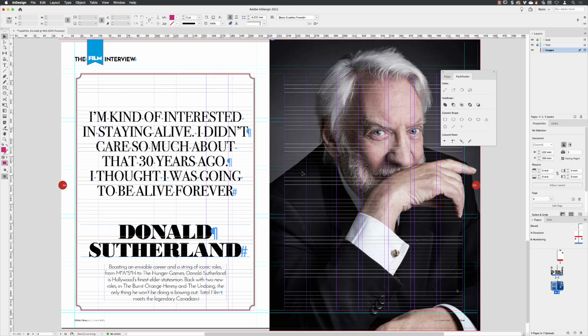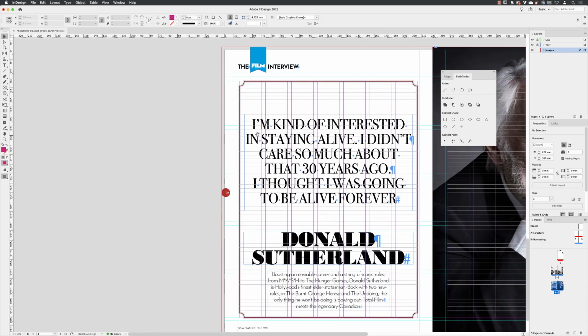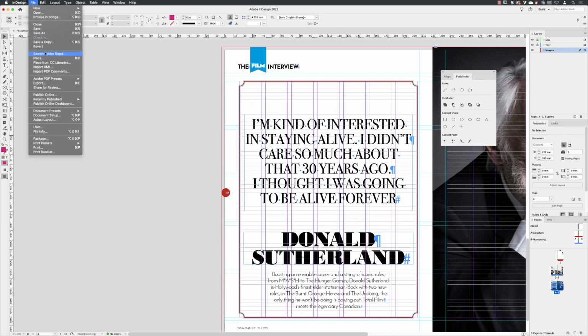I'm focusing on pages 4 and 5, and I'm going to left click on my images layer to make sure that it's active and all of the layers are locked. And I'm going to pan just to the side of the left hand page. I'm going to work in the pasteboard area first, and then making sure nothing's active, go to File and choose